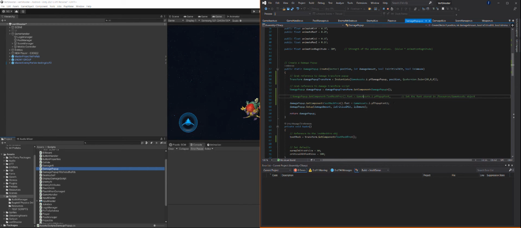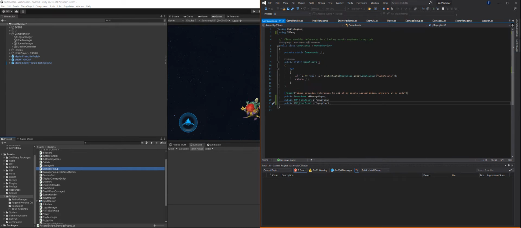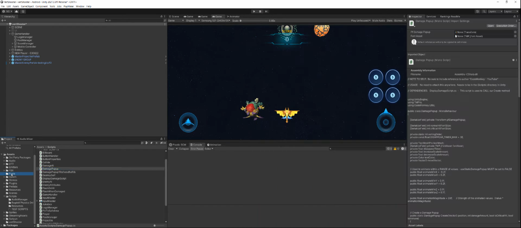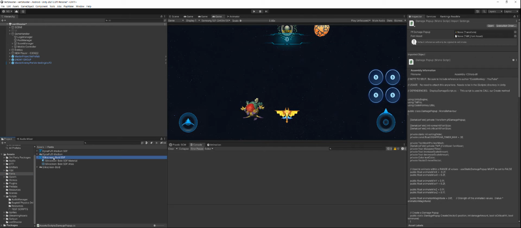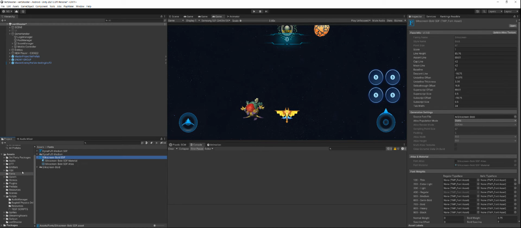Right, okay, so very quickly you just need to add this line of code into the damage pop-up create static function, and that's it really, apart from the game assets where we've created the new TextMeshPro font asset, and we've just called it PF pop-up font 2. Now we need to actually attach that, so we need to drag our new font. So if I click fonts here, and this is our new font here,